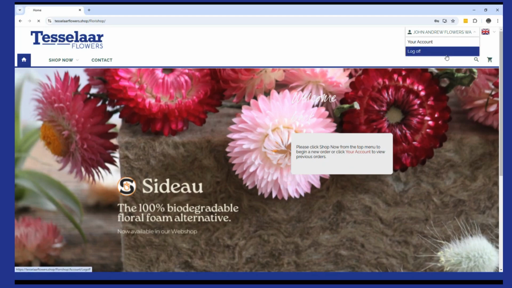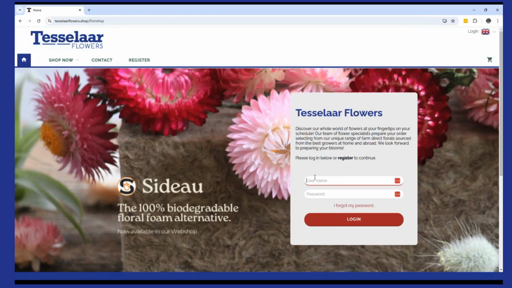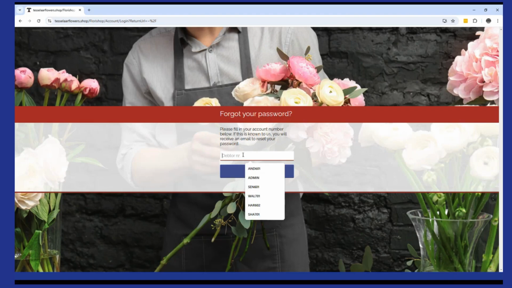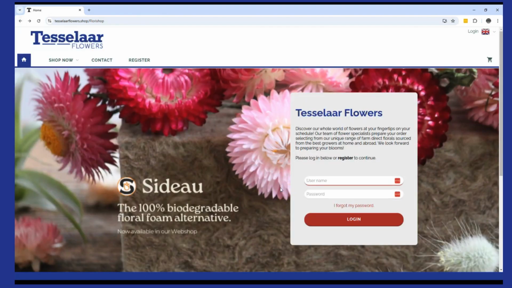If for some reason you've forgotten any of those details, for example, if I forgot my password, I can click the I forgot my password button. I can enter my username in here and press send, and it will send me an email that will allow me to reset my password. If I've forgotten my username, then you'll need to reach out to one of those web shop contacts I had on the earlier slide, and they will have their details in the welcome pack, and they'll be able to let you know what your account username is. So if we log in again,